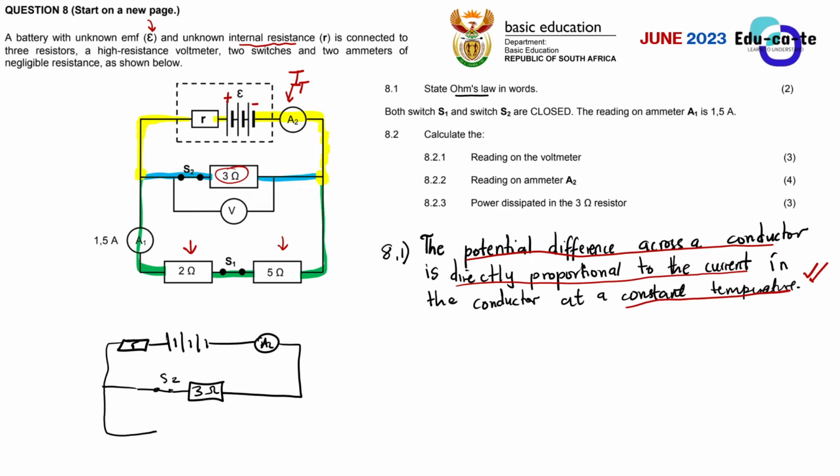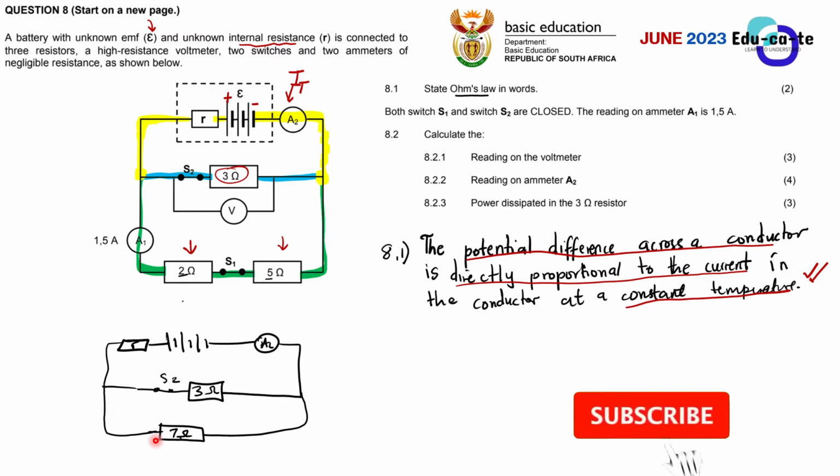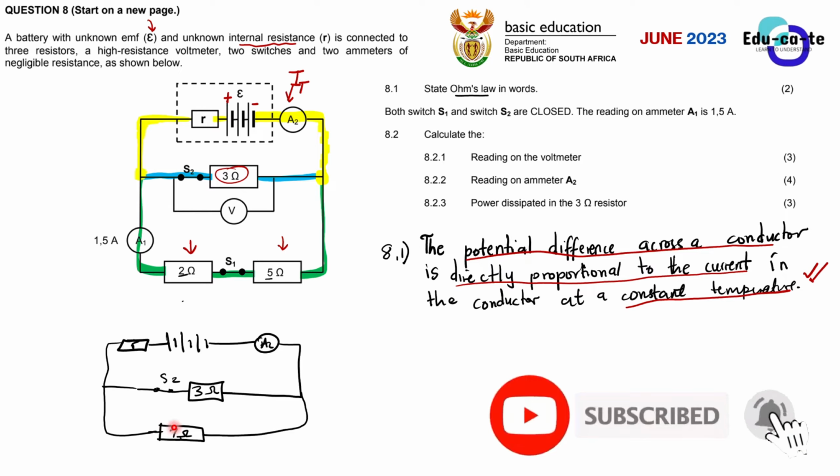Now, what do we do? We say that this 2 ohms and this 5 ohms resistor are in series with one another, right? So it is recommended for you to add them up together and form one resistor. How do you add resistors that are in series with each other? You just add their resistances. So this 2 ohms plus this 5 ohms will give you a 7 ohms resistor. This is known as an effective resistor. So you have just added them up and you've got 7 ohms here.